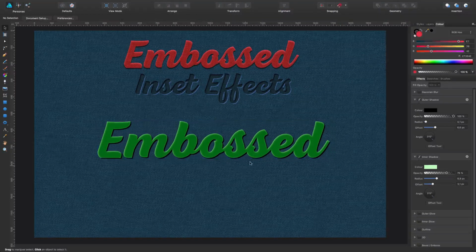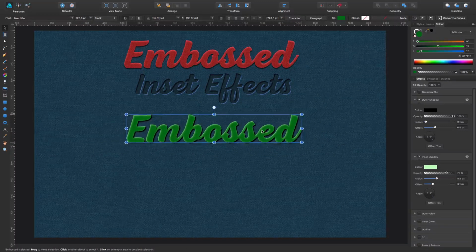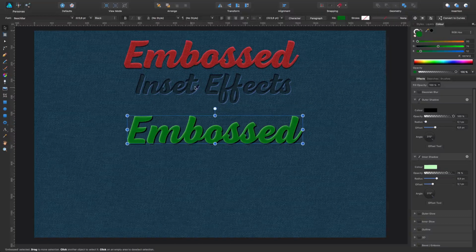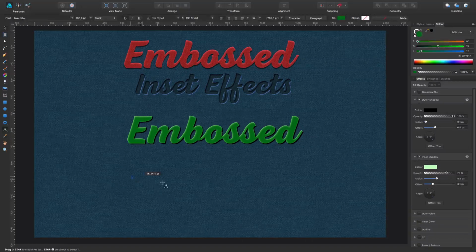Now, as you can see, it was pretty easy. Just two effects, outer shadow and inner shadow. I'm going to make it a little bit smaller so I have room in here. And now we're going to do the inset effect, okay? So we proceed the same way. We come here, we take the text tool and we write inset